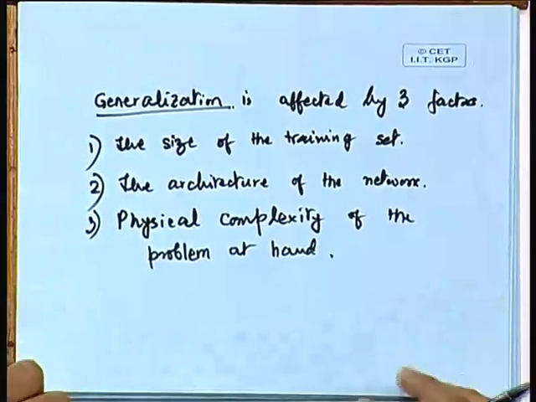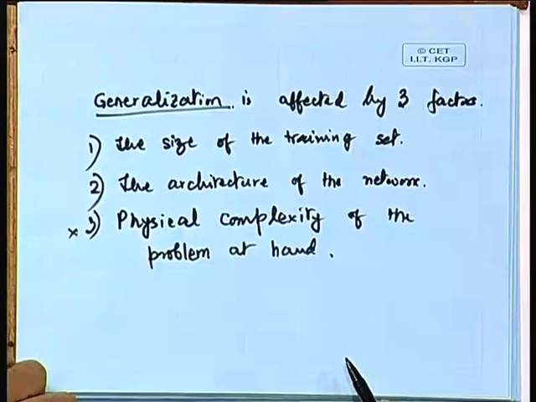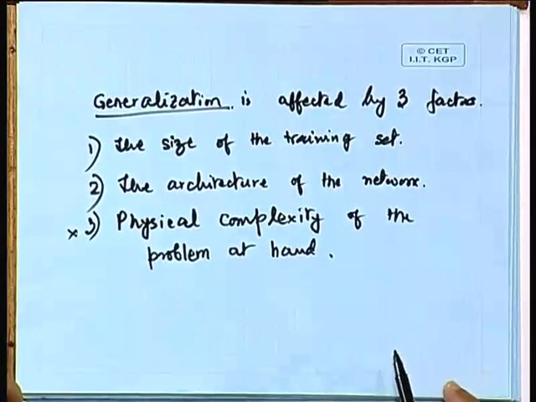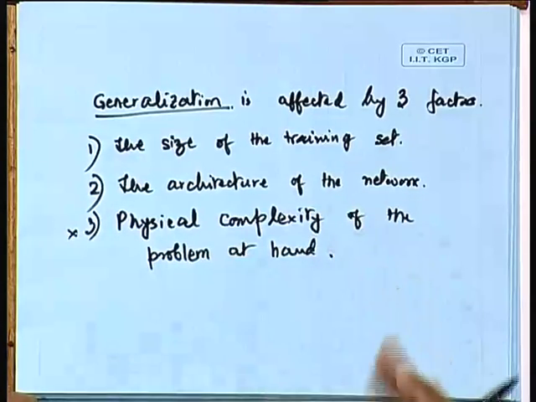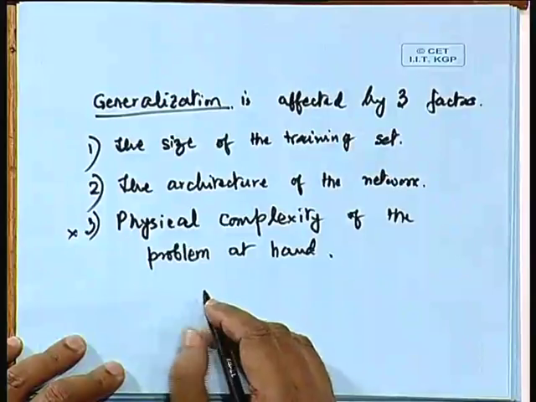Now, as I told you, we do not have any control over this; whatever problem we have been given to solve, we have to solve. So what we can do is study these two effects, the size of the training set and the architecture of the network. We cannot simultaneously vary both. So by keeping the architecture of the network fixed, if we experiment upon the size of the training set, then obviously we should get some result, and it is seen that if you fix the architecture and determine the size of the training set,